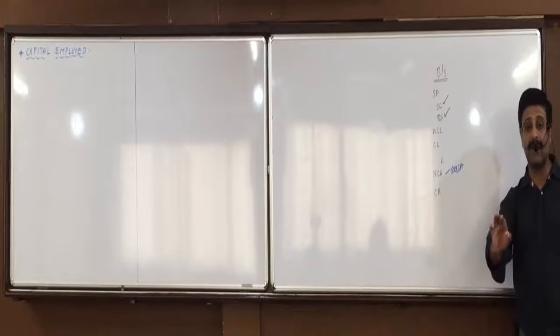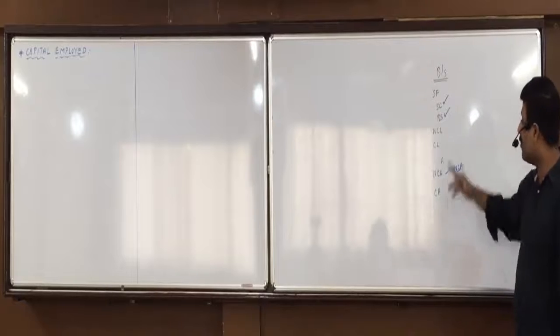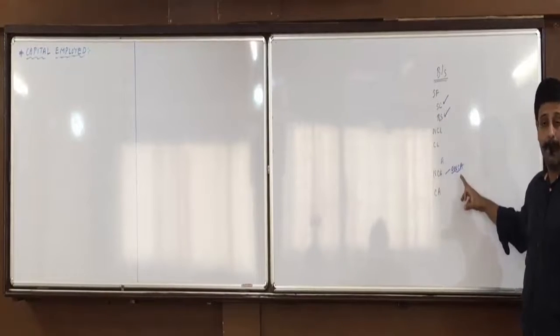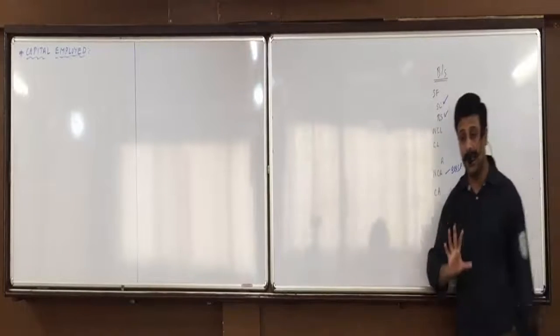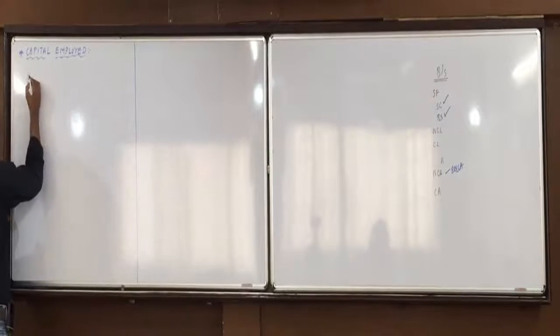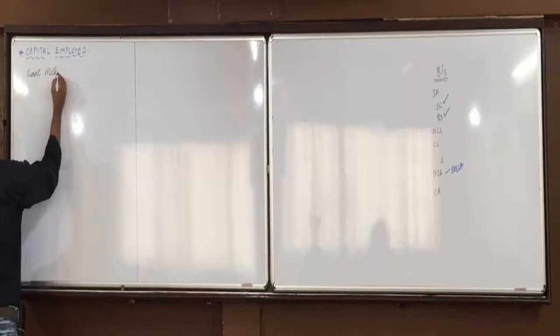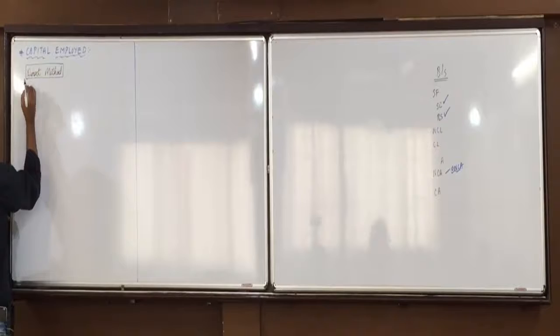In short, we can say what is capital employed. If you do it by direct method, it would be equal to share capital plus reserves and surplus minus other non-current assets. That will include fictitious assets. Okay, write it later on. Just understand the methods first. There is a direct method of doing it. What is this direct method of doing the same?